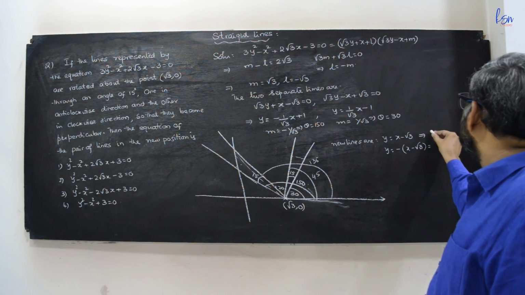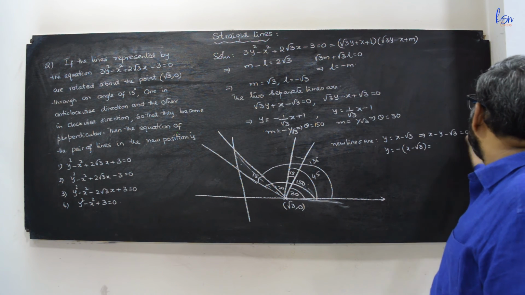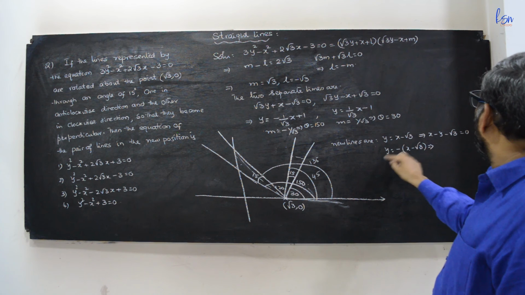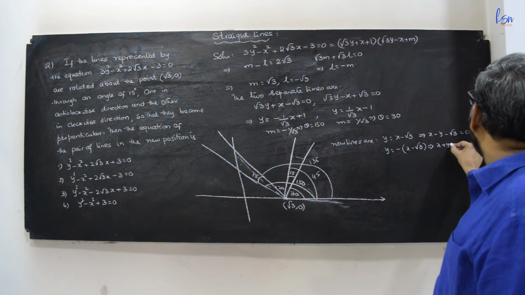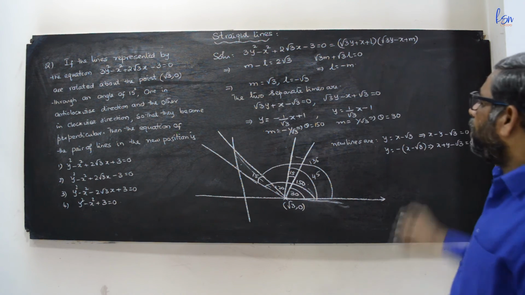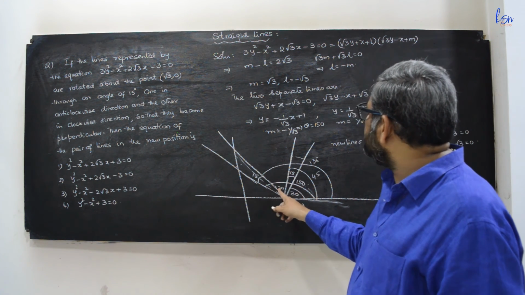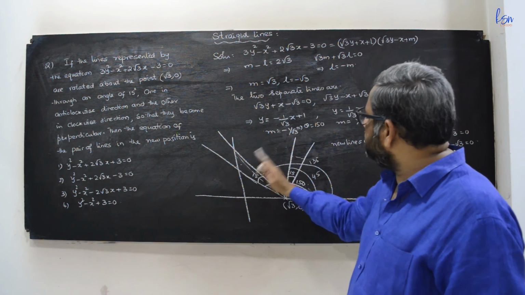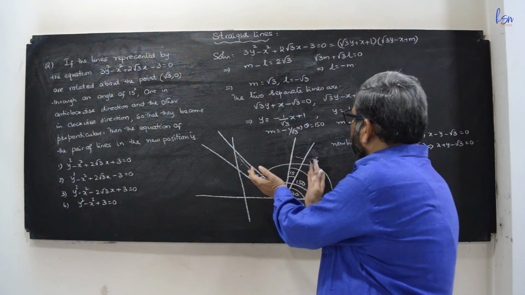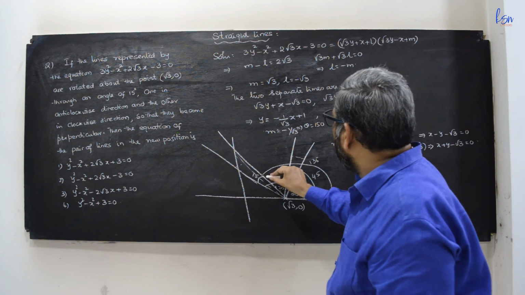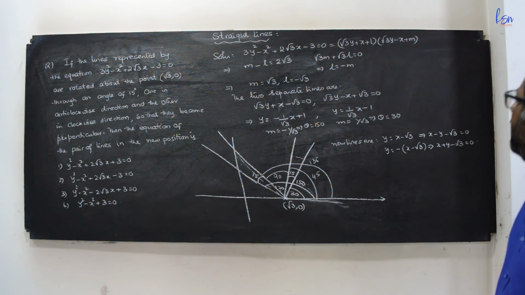So this line is x minus y minus root 3 is equal to 0, and this line is x plus y minus root 3 equal to 0. Here also you can check. The angle between the first two lines is 120. This is moved for 15 and this is moved for 15. So totally the two lines are moved about 30 degrees, one in clockwise and one in anti-clockwise. Now this angle becomes 90, therefore the two new lines are perpendicular.